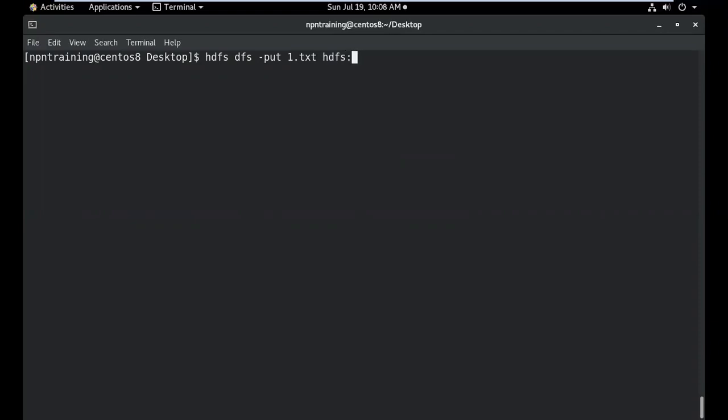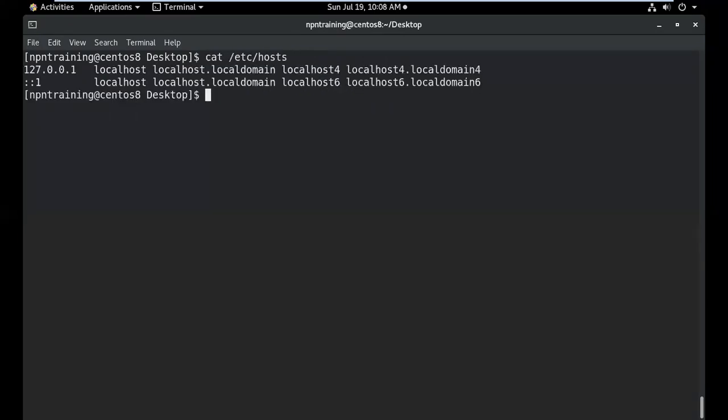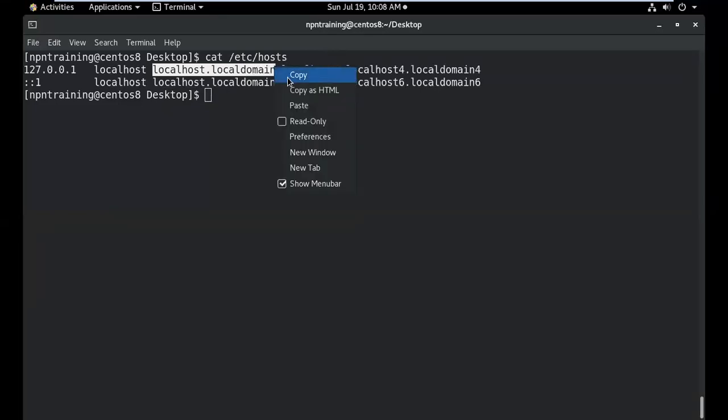I'm getting this information from here. Let me show you that. cat /etc/hosts. This is all very important. Can you see this? I'm trying to give you localhost.localdomain.